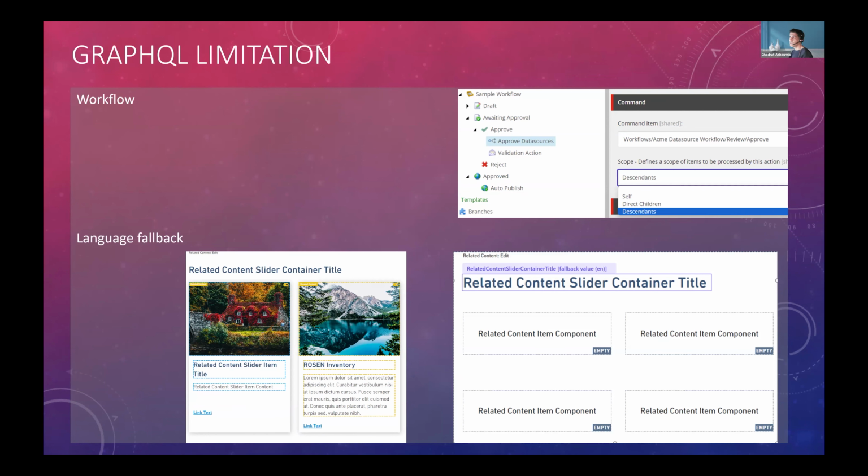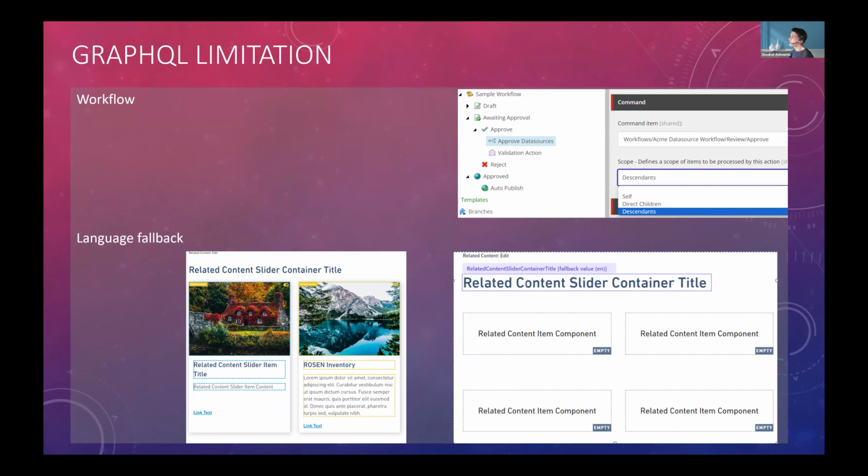If you have components that have a complicated GraphQL query, for example, parent-child queries, and only the parent is directly referenced in the presentation details of the component, then Sitecore doesn't have a way to figure out how to handle the children of that component.